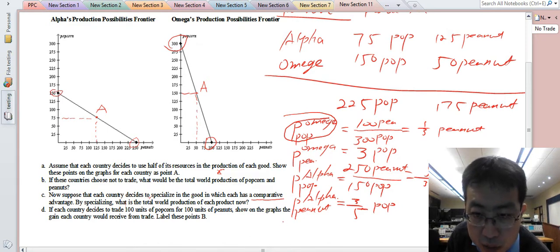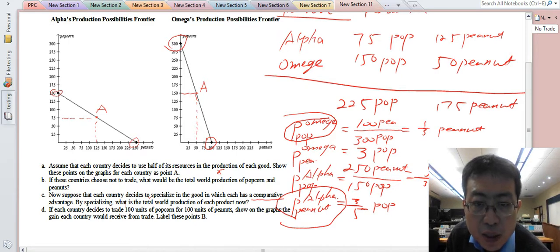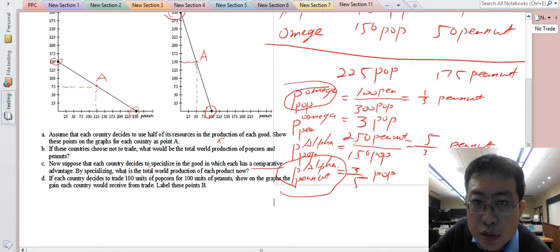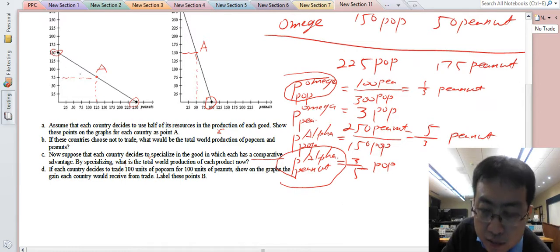So if you want to compare the numbers as well, for alpha, the price for peanuts is 3 over 5 popcorn, but in omega over here, it costs you 3 popcorn. So still, alpha is cheaper in peanuts. So therefore, your omega has a comparative advantage in popcorn, and then your alpha has comparative advantage in peanuts. So if both countries specialize and only produce what they're good at, then omega will only produce popcorn, and then alpha only produces peanuts. So the total production